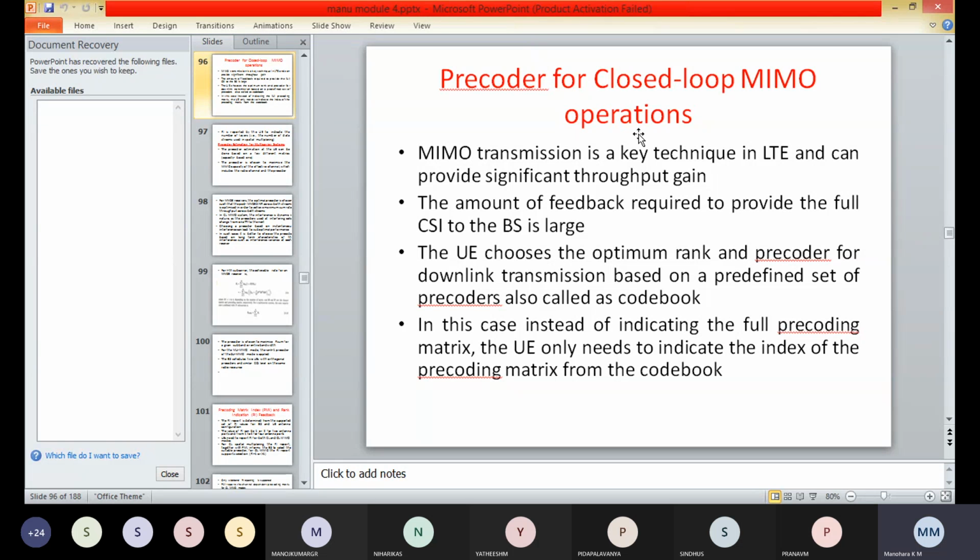The rank indication is reported by the user equipment to indicate the number of layers, that is the number of data streams used in spatial multiplexing. For the closed loop MIMO mode, that is transmission modes 4, 5 and 6, the preferred precoding matrix in the predefined codebook needs to be reported, which is provided by the PMI.